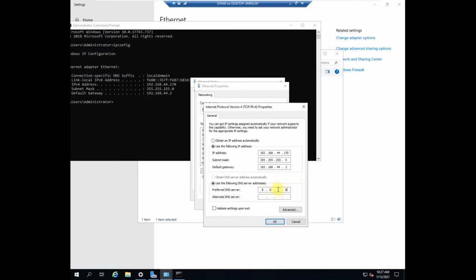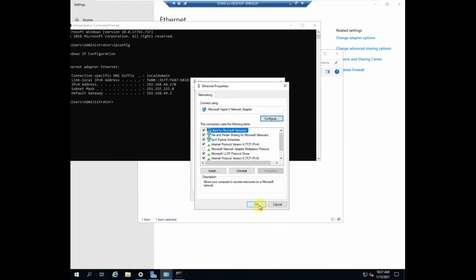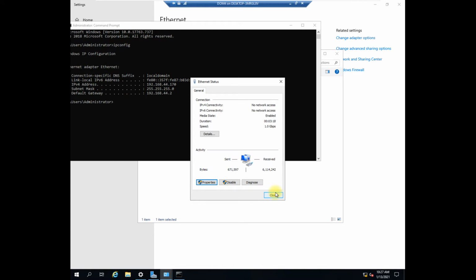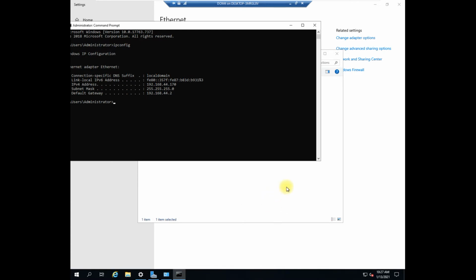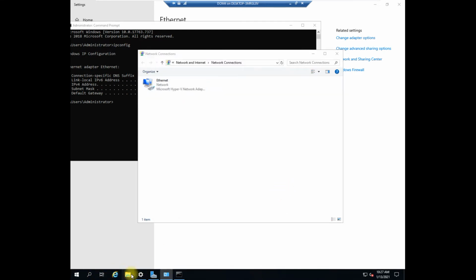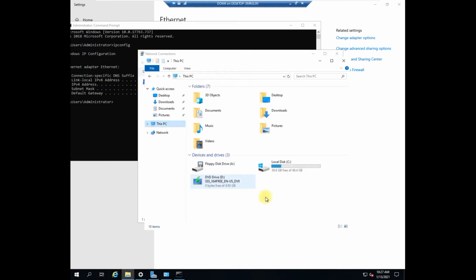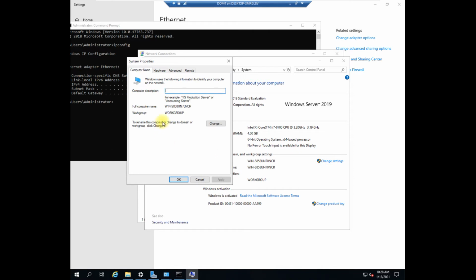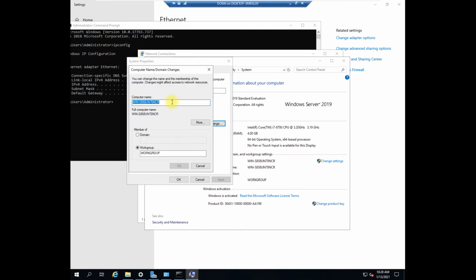Now we go to the My Computer section. Over here I'll click on properties, go to this section and click on change, and over here I'll define it, it's DOM4. Right now, as we have not created any domain, we can't put this system in a domain itself, but just for defining a host name of the system, we have to change the name, and now it's DOM1.